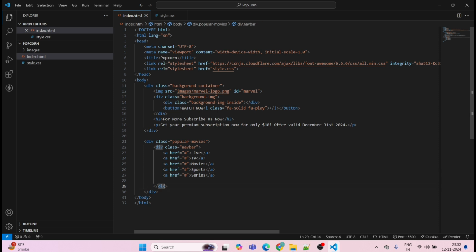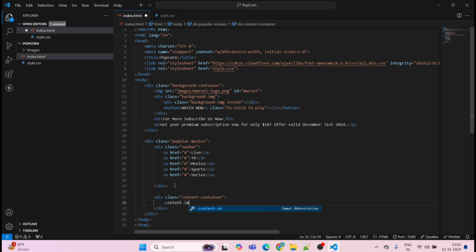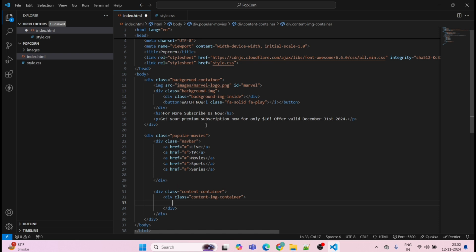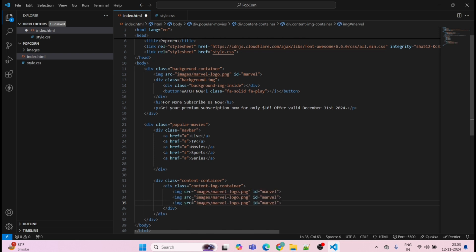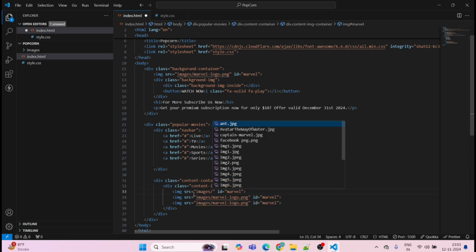Okay, now coming outside this navbar, we will have another class called content container, content-image-container, and inside this we will be having the images. So I'll just copy it. I will paste it 3 times. This will be images